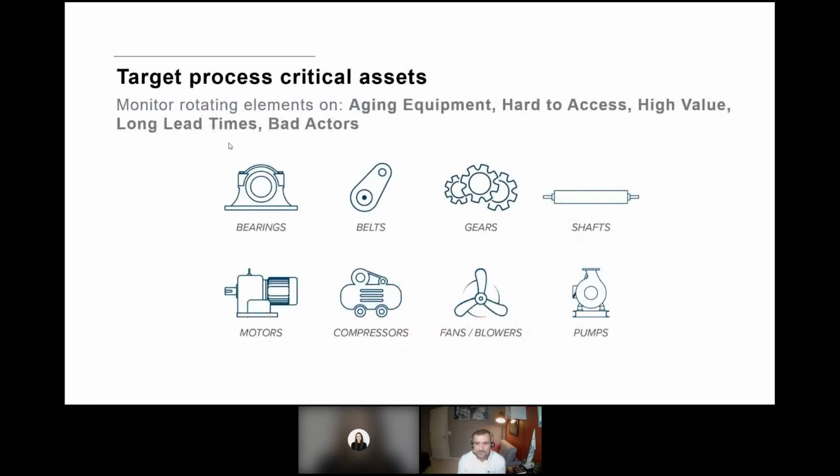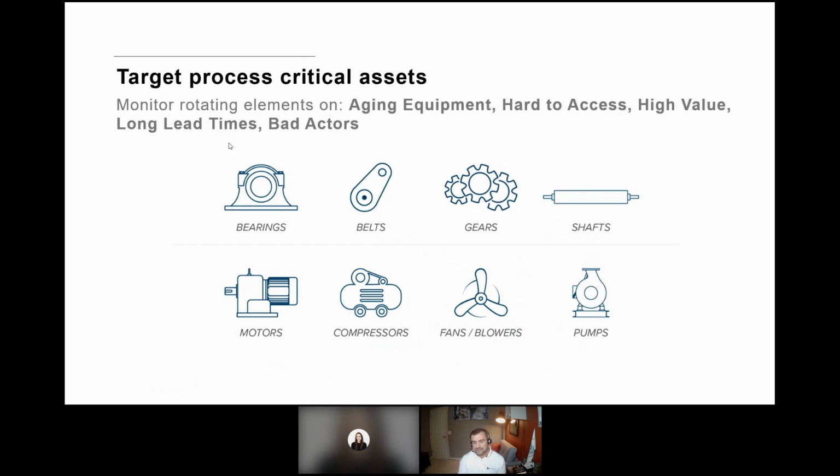You want to create a list of criticality when you look at your equipment. So stationary and rotating equipment, most of you could probably name a ton of this off the top of your head. How I look at it with the companies that I talk to is we look at aging equipment, where a lot of those parts might have a long lead time to get replacement parts.